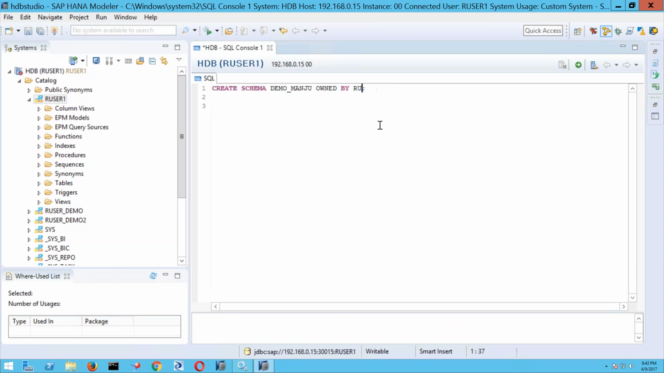And owned by, you have to give it as Manju, because this is the user Manju, and you are trying to create an extra schema inside, because by default Manju will be there for his user. Then he is going to create one more particular schema, that is demo_Manju, and you have to create that. So for me, I'm trying to create demo_Ravi, and I'll give this as our user 1. And now if you want to execute this, you can press the shortcut button F8,